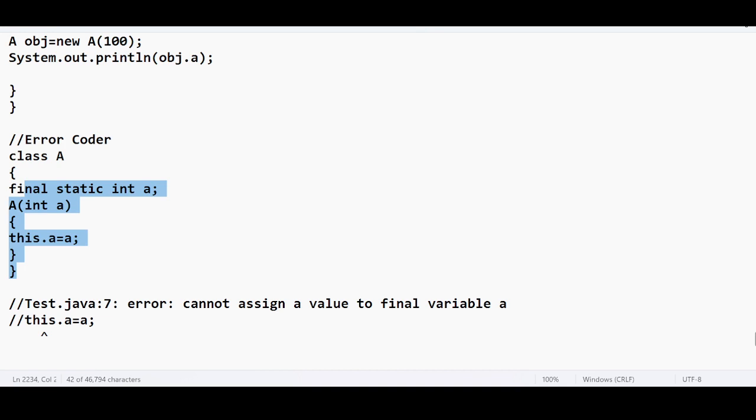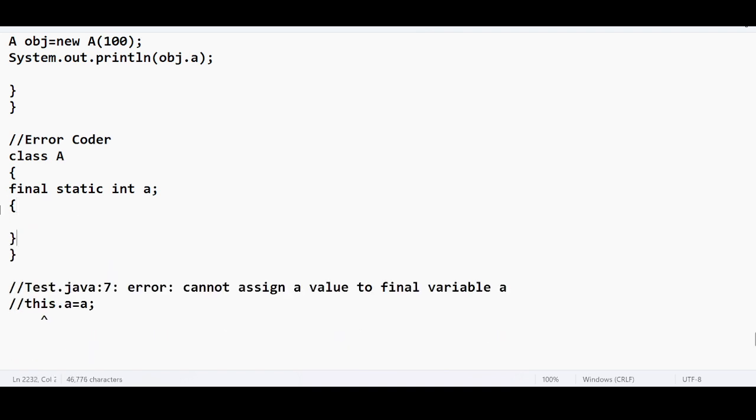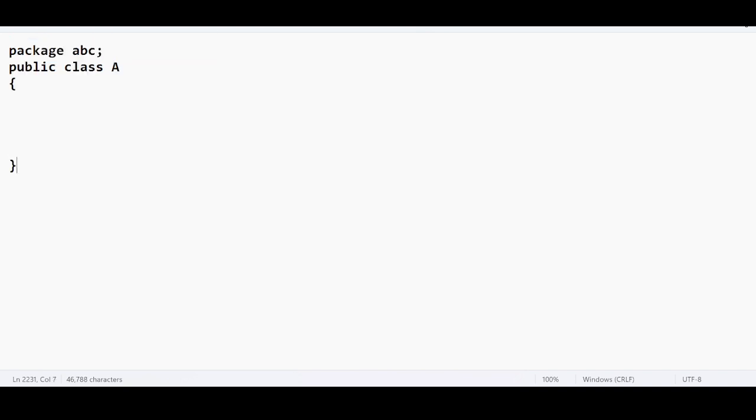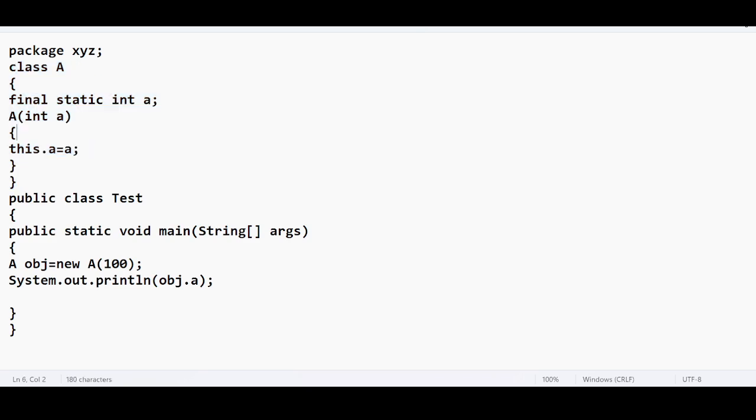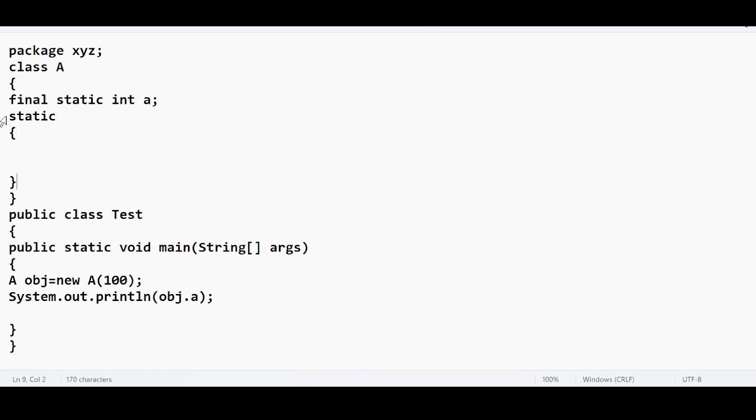Okay, if I want to make this code work, can I do this? Can we do this? Let's see. I am trying to assign the value by using the static block. Very simple. Earlier the value was being assigned through the constructor, so I think that's the reason why we are getting this error. So what I'm trying to do, let us